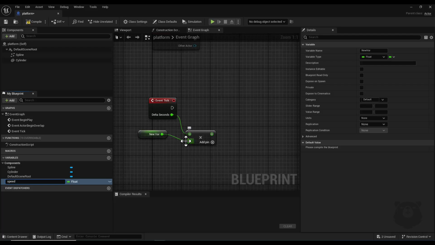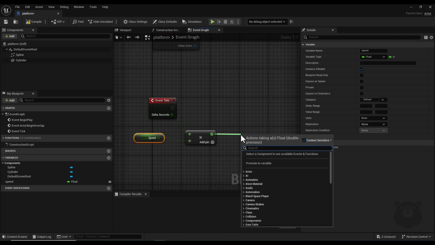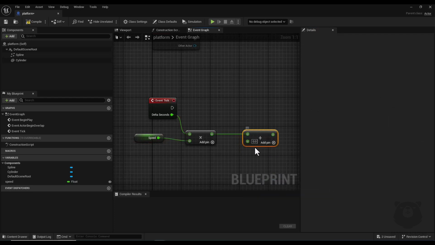I promote this input to a new variable called speed, and I make this instance editable by setting this option to true. And now from here I drag a node and add an add node, and